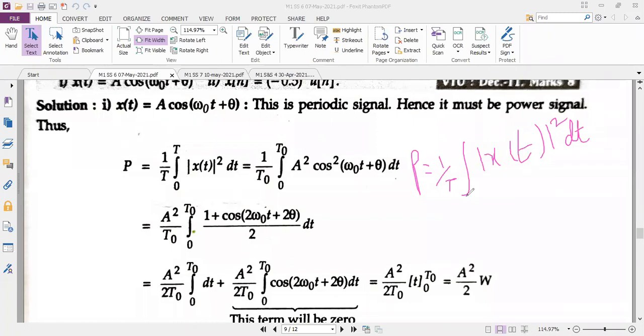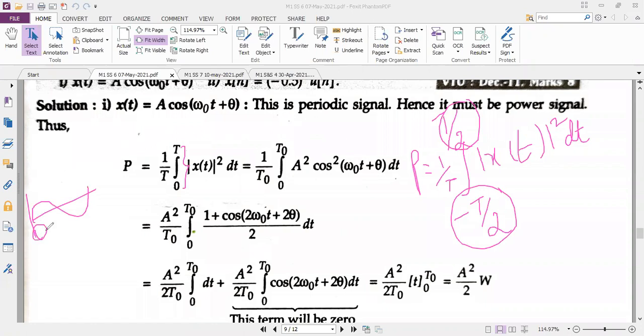Okay, good. This is the point I wanted from you: minus T by 2 to plus T by 2. But here in the solution, I am taking 0 to T. Even if you add this total time, it is T by 2 and T by 2, it becomes a single T. But as per the cosine signal, which starts from 0, I am taking the lowest time as 0 and the uppermost time as capital T. You just remember this.